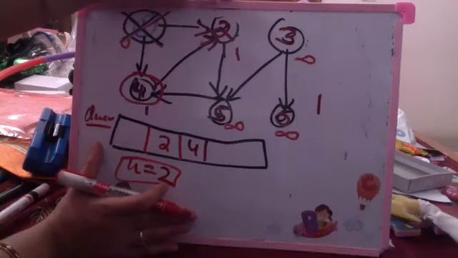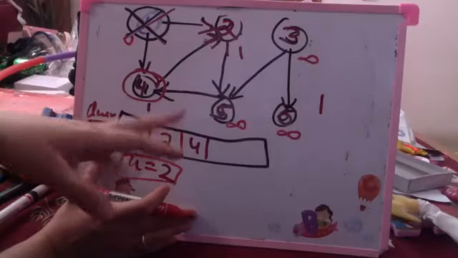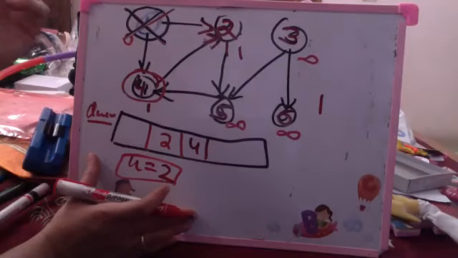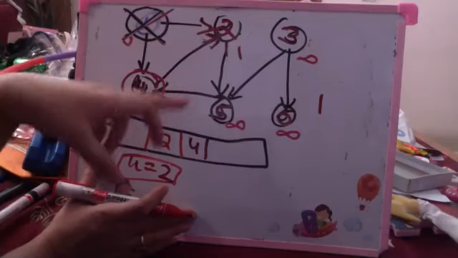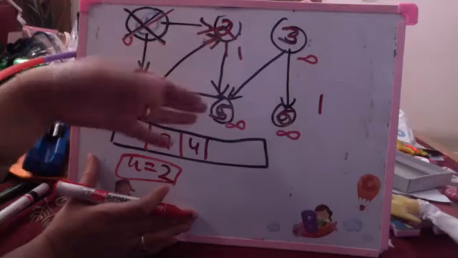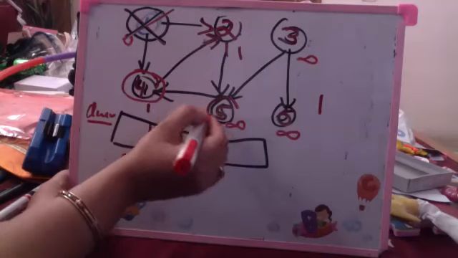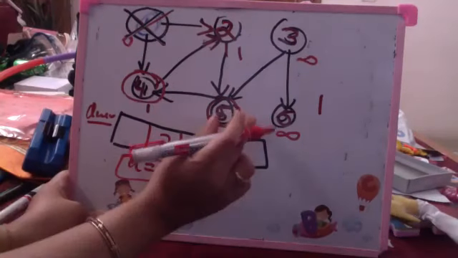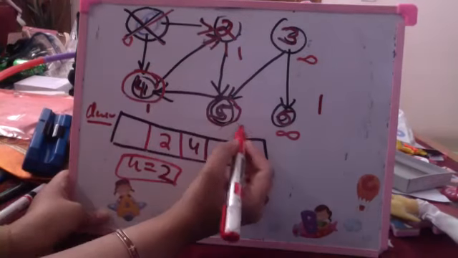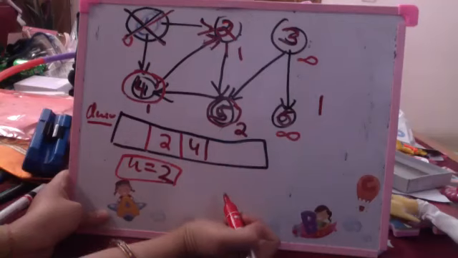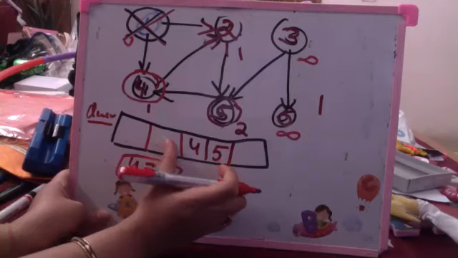Now I will check for all the nodes adjacent to U. If they are white, I will be doing the changes, otherwise not. Since the only adjacent node to 2 is 5, only the outgoing edges I will be seeing. Only one edge is outgoing, which is 5. 5 is white. So I will color the node as gray. I will recalculate the distance as du plus 1. Du is 1, so the distance becomes 2. And I put this 5 in the queue. 2 has been removed. Clear?